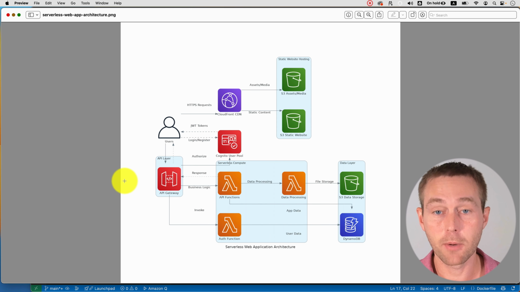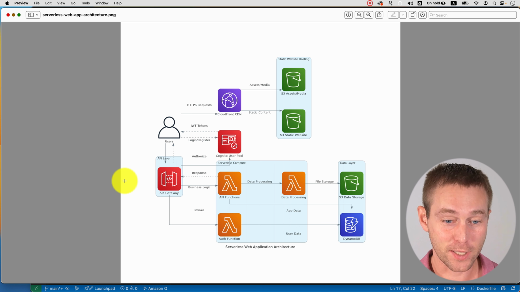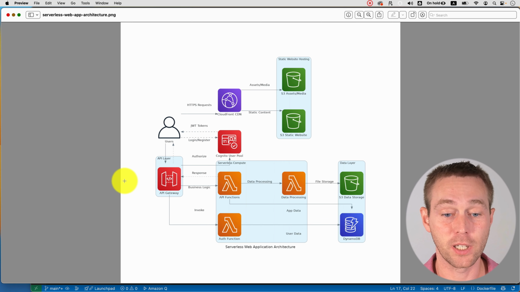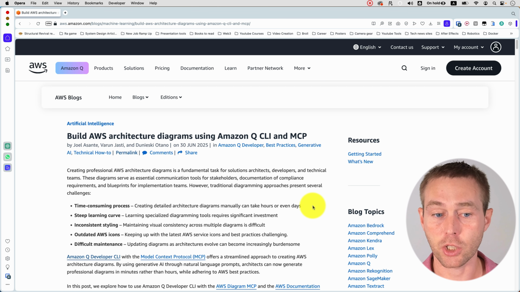This is an example diagram that I created without doing any manual work myself. This diagram was generated by AI. In particular, it was generated by Amazon Q CLI. The other day, I was looking at this AWS blog that says build AWS architecture diagrams using Amazon Q CLI and